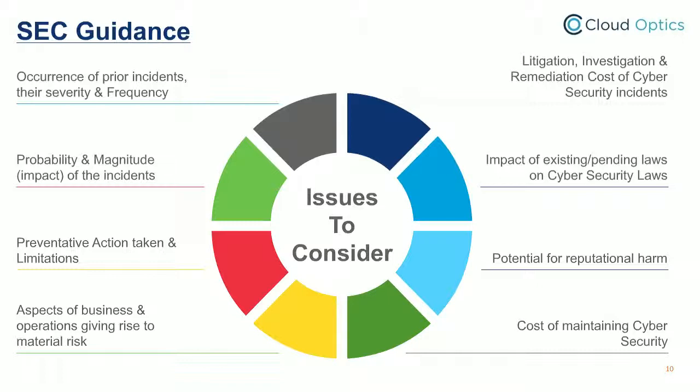So litigation is, maybe, a class action lawsuit going on with respect to cybersecurity, or any other investigation which is going on, and remediation of an incident which has occurred already. So cost related to those aspects. To give you an example about remediation, right? There is a cybersecurity incident that has happened, consumer data has been compromised. Now, in order to remediate that, certain customers need to be contacted. There may be credit monitoring report services, etc., that need to be enabled maybe for a year or two.